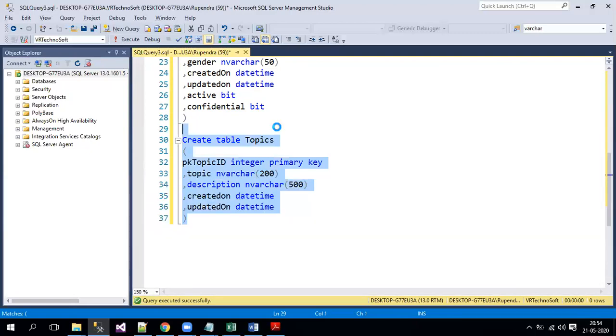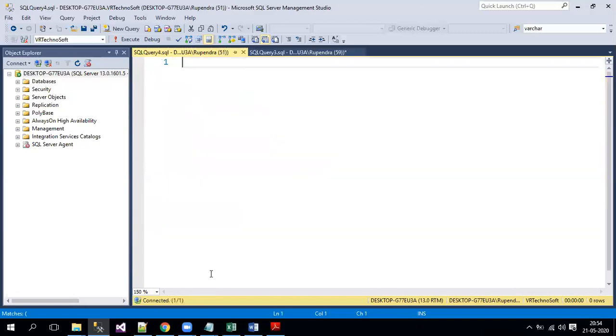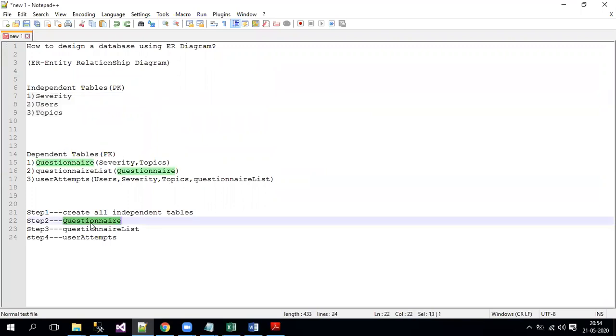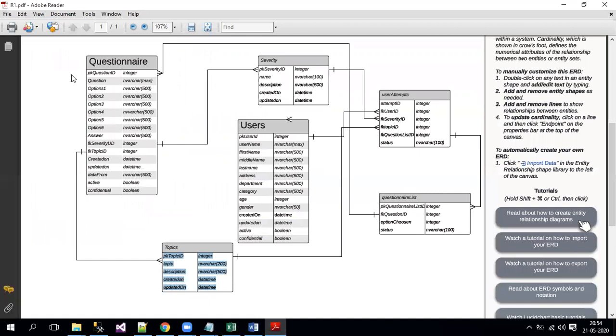Now I'll just take another window here to create the dependent tables. Okay, so first we'll go and create as per the steps which we are following. I'll create the questionnaire table, and the questionnaire table is this. Yeah, so let me copy this and put it over here.